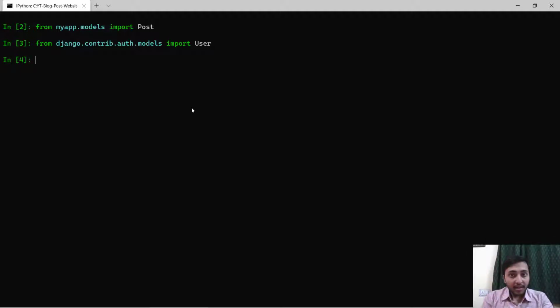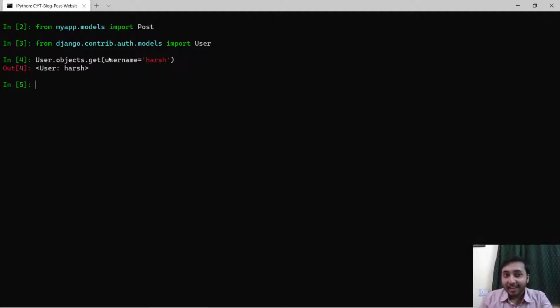Once you import the model, it just has all the information, but you need one author because everyone can't be the author. For this, you will do User.objects.get. So what we are doing is telling Django to get me the user, that means the single user with username equal to Harsh. Close parenthesis, press enter. Now you can see that Django has returned me user Harsh.